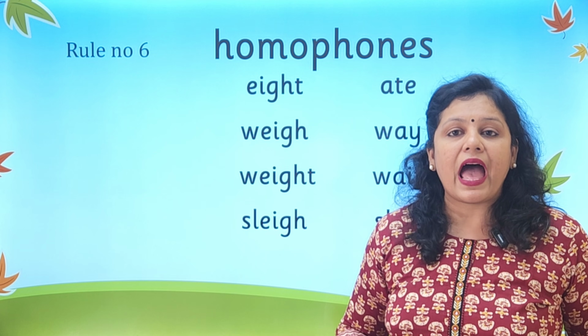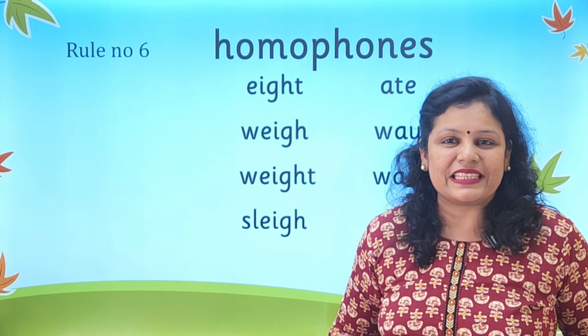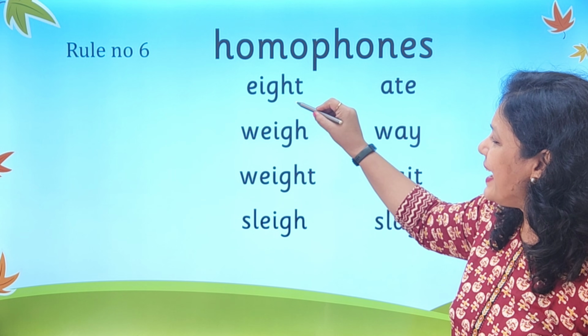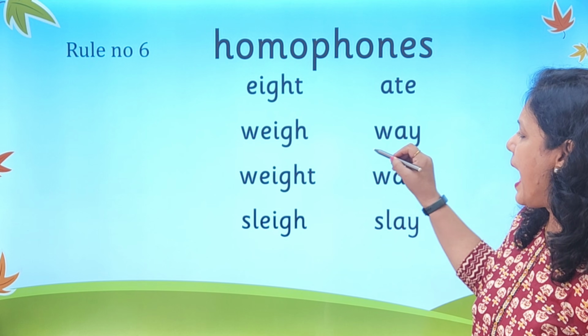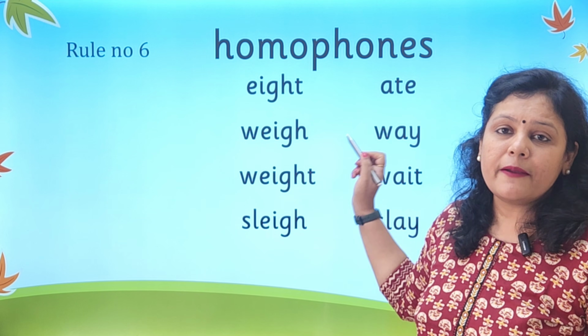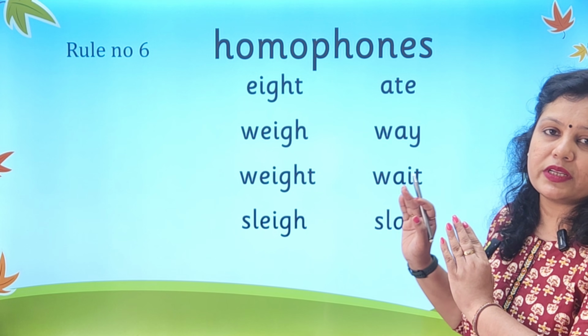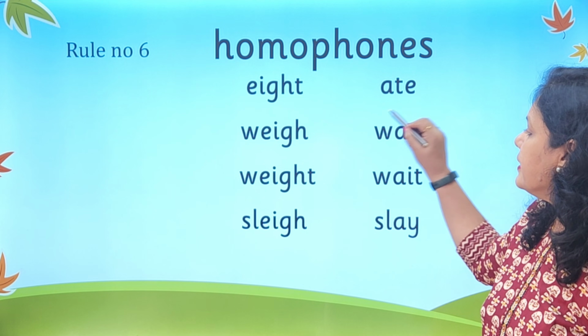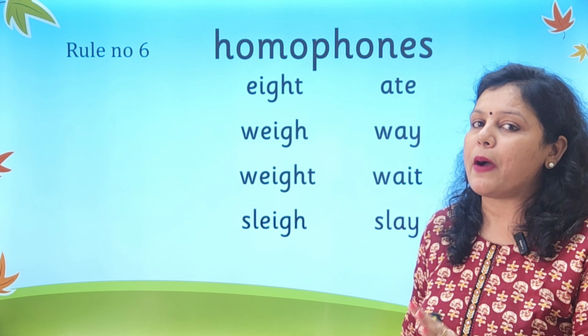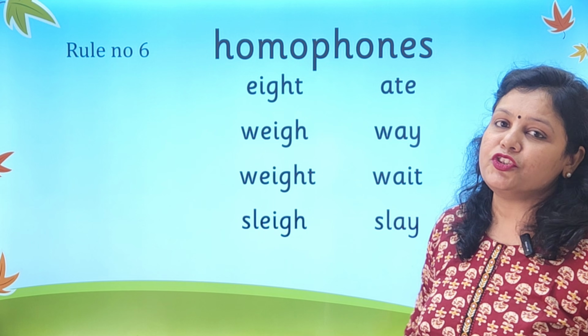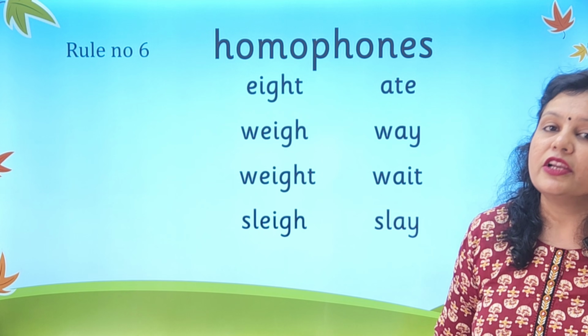So now we have certain complexity here, where you will feel that 8 and 8, way and way, they have got the complexity here. So here we will take only one set of the words as a part of a rule, as in WAY will be written as a part of a rule, but WEIGH we have to learn as a tricky word.